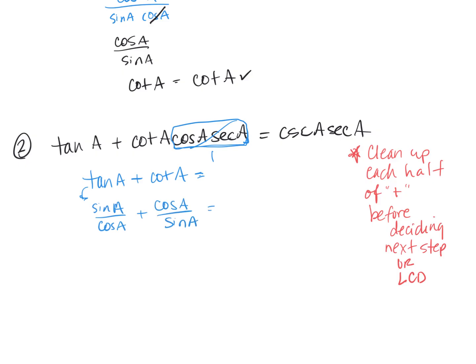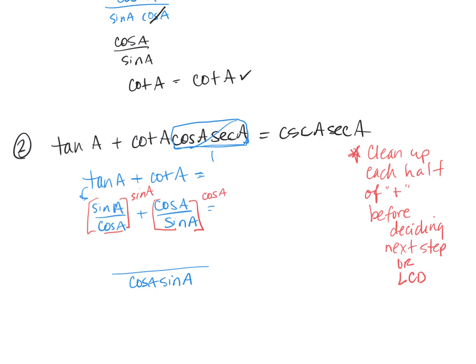Well, still not exactly what I want, but I now can get a common denominator and add them. So my common denominator would be the product of cosine A times the sine of A. However, to do that, I'm going to have to multiply this piece. This only has cosine in the bottom, so I need to multiply it by sine to get the right denominator. This piece on this side of the plus sign, I have to multiply it by cosine to